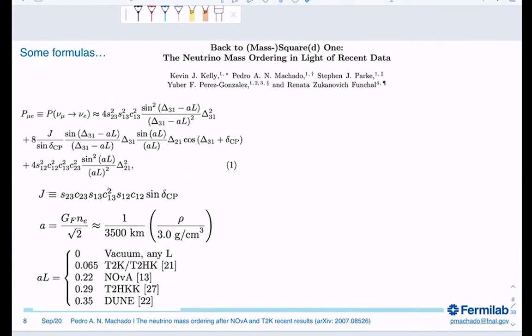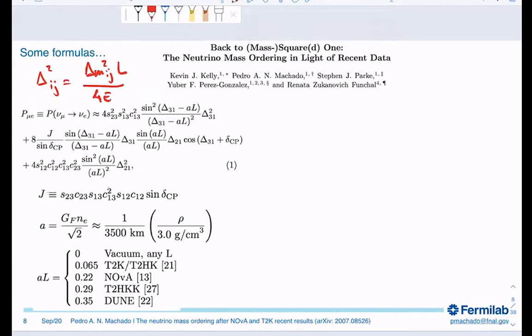I think this is probably the only slide with formulas. Maybe I'll repeat this slide one more time, but I assure you that we're going to be very light on formulas here. So when you look at the nu to nu oscillation probability, there is a term here, delta, which I think I did not define: delta_ij is defined as delta m square_ij L over 4E.